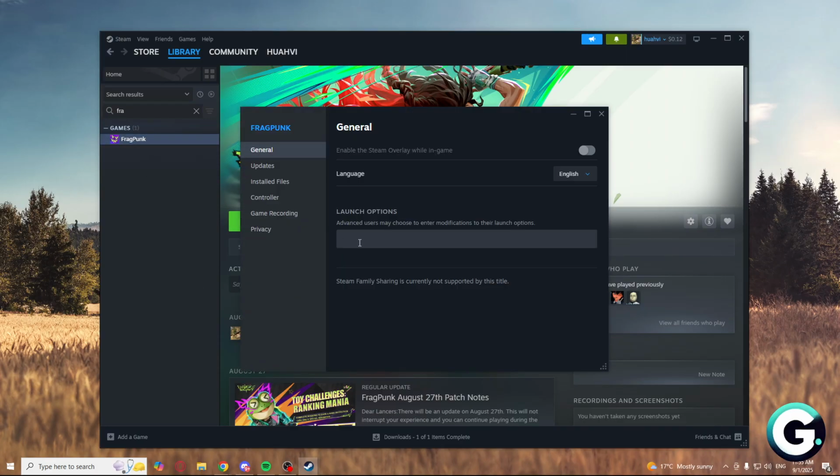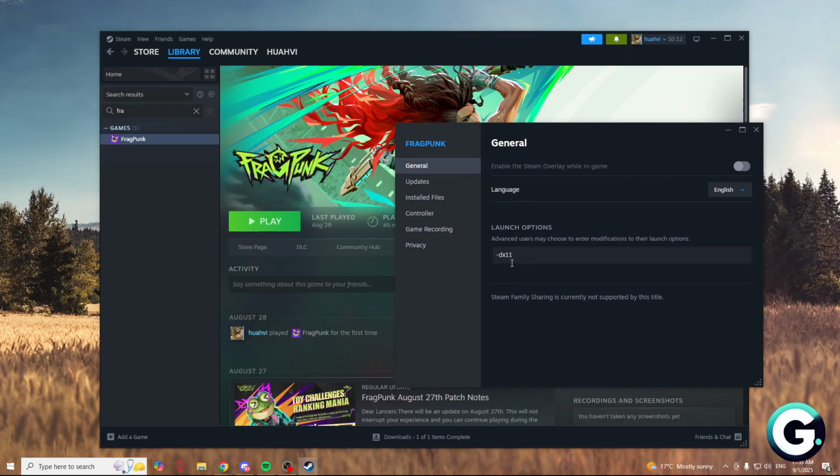And if that doesn't work, go to the general launch options -dx11 and try launching it. If that doesn't work,